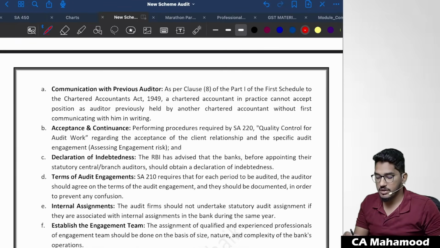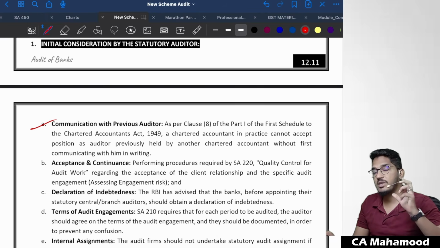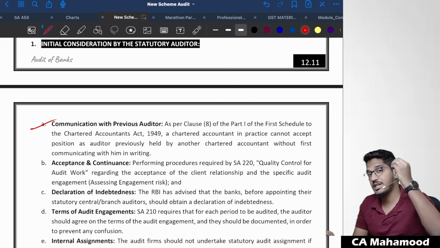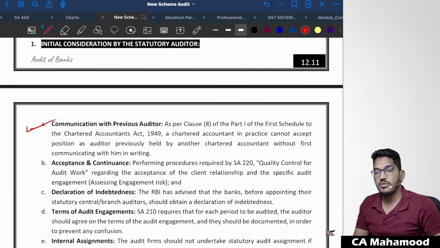So as you could see, first you have one of the preliminary engagement activities, as in any other audit. Before we accept the audit, we communicate with the predecessor auditor, right? We have seen in the preliminary engagement activities that if you are accepting an audit for the current year which has been previously held by another auditor, first you have to communicate with him in writing. Here also the bank auditor, before he accepts the current year's audit, will communicate with his predecessor auditor, and he will perform procedures relating to acceptance and continuation of client relationship. Four factors he will consider: integrity of the principal owners, evaluation of the competence of the engagement team, compliance with the ethical requirements, and significant matters that have arisen during previous audit engagements. That acceptance and continuation of client relationship he will do here also.